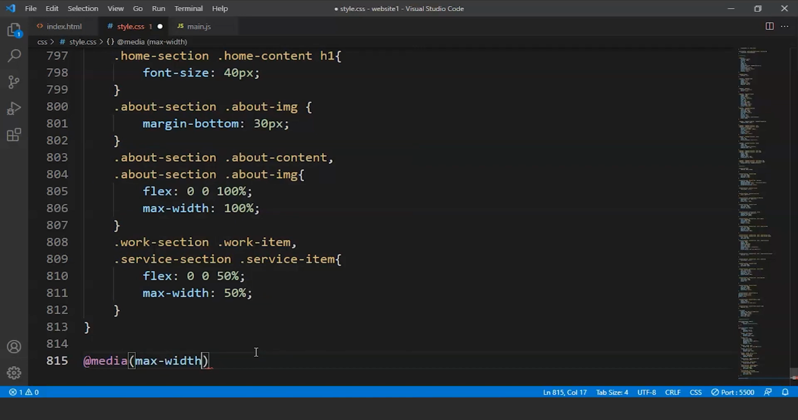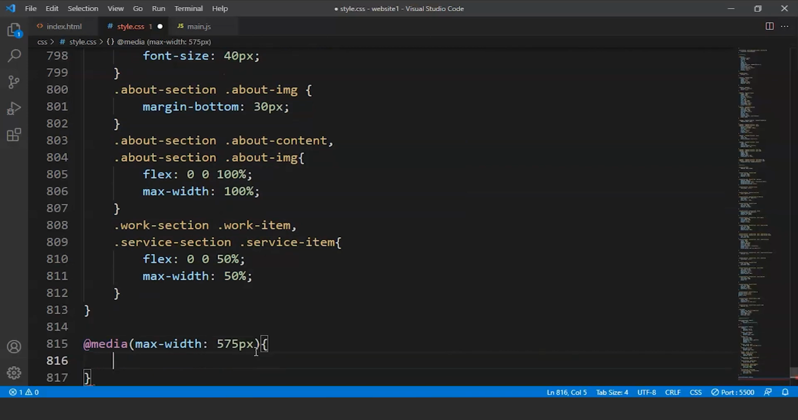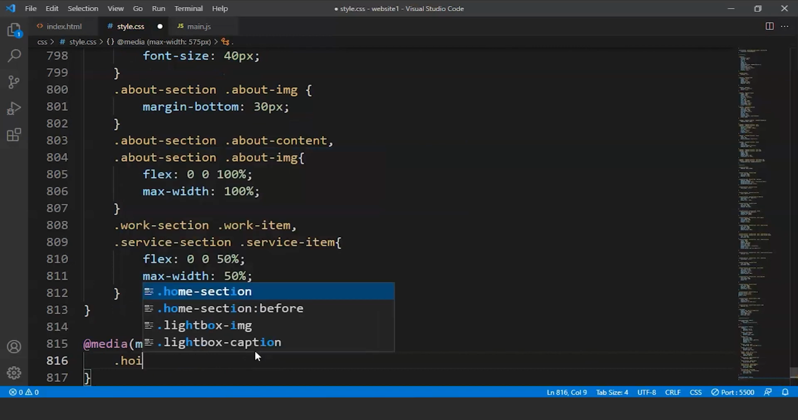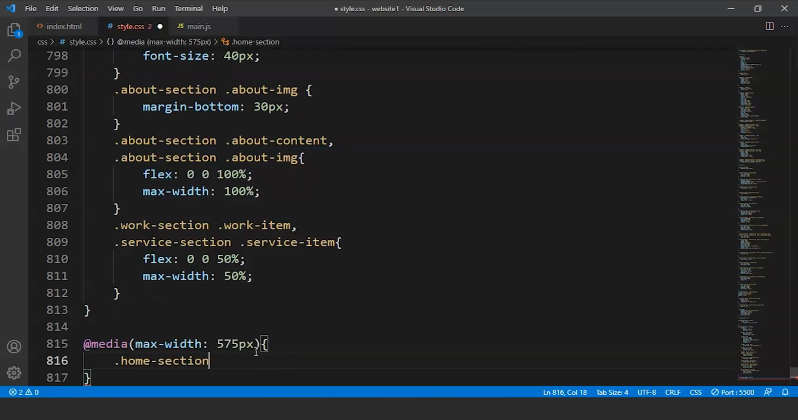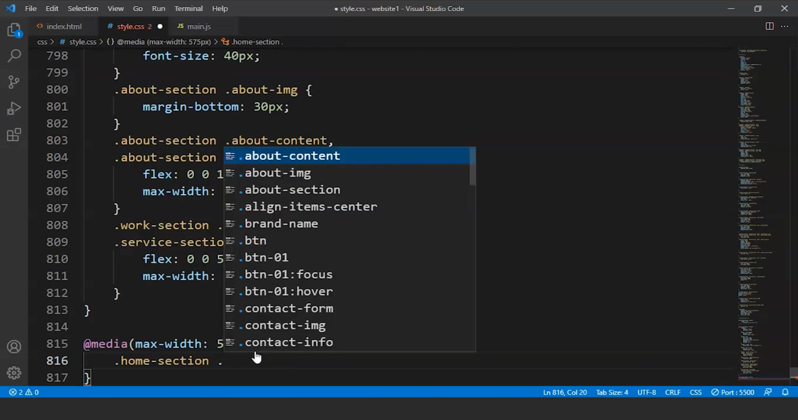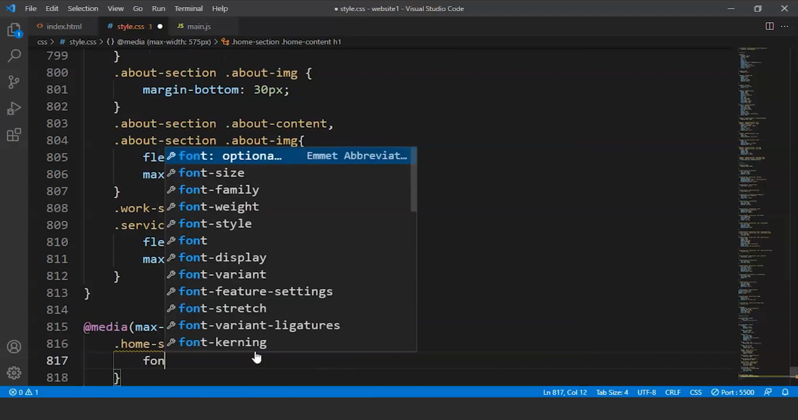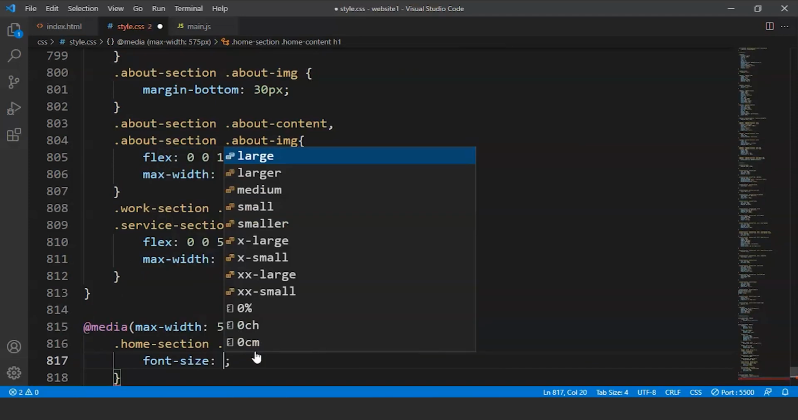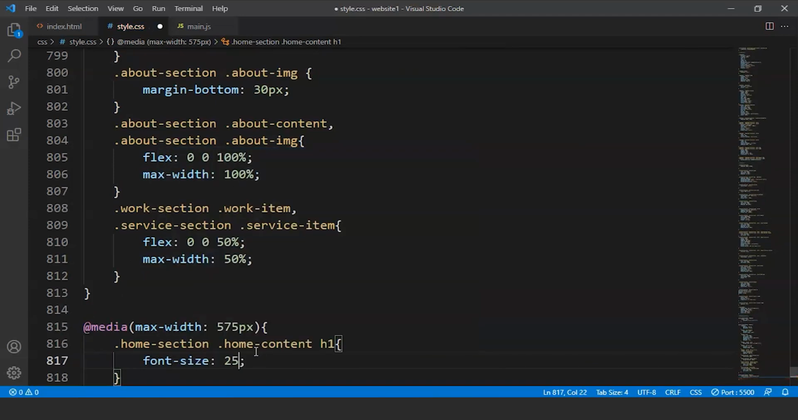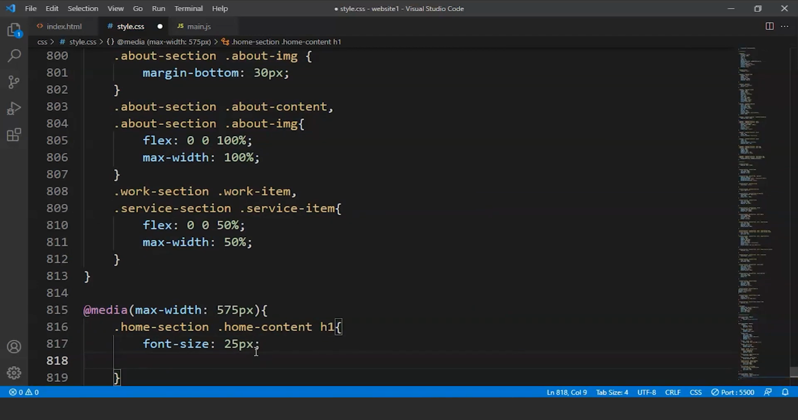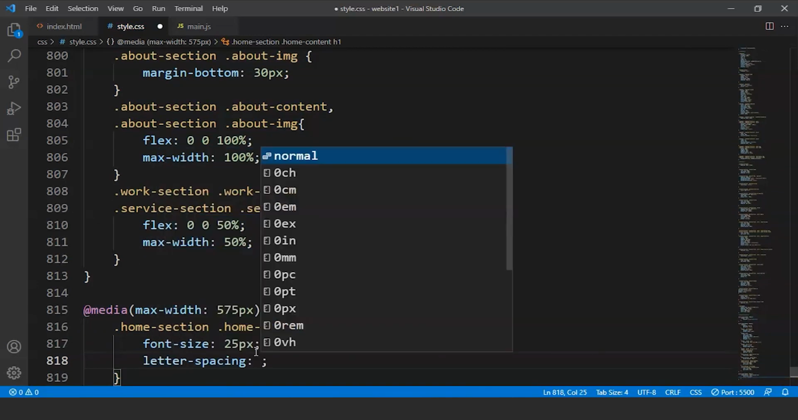Max width is going to be 575 pixels, and we'll put curly braces over here. We'll write here dot home section, then we have dot home content, so we'll write here home content. Then we have the h1 tag, so we'll write here h1. We'll write here font size. Font size is going to be 25 pixels, and then we have letter spacing, so we'll write here letter spacing